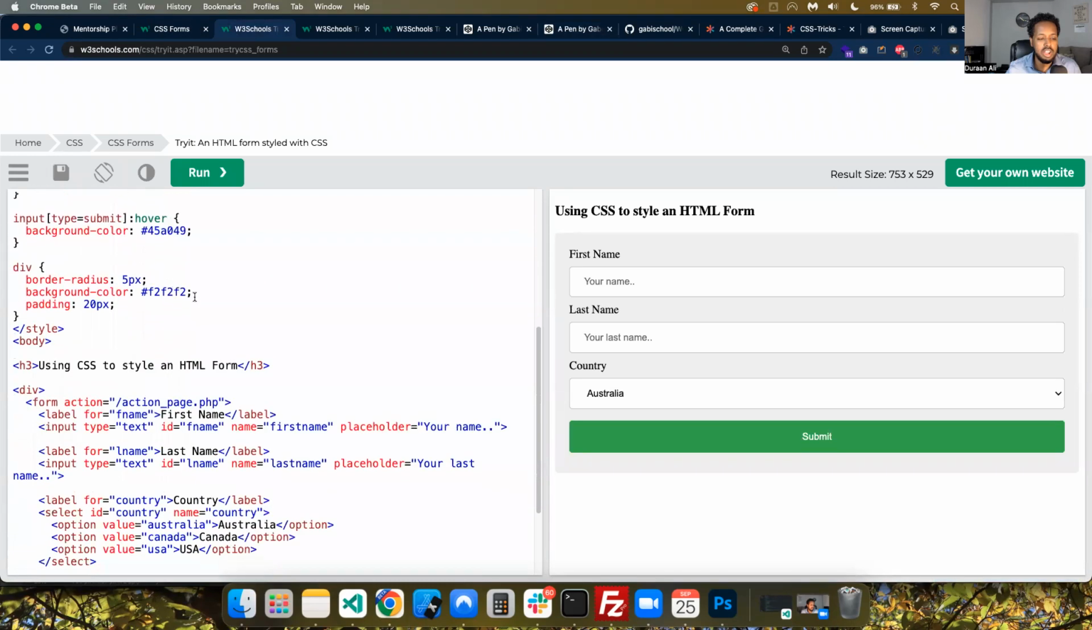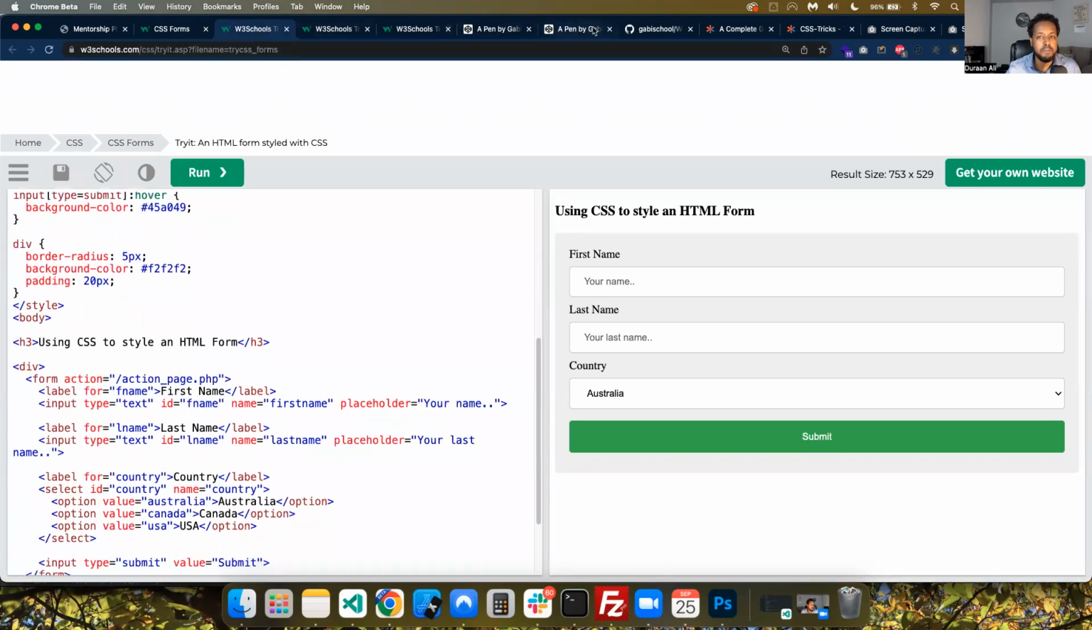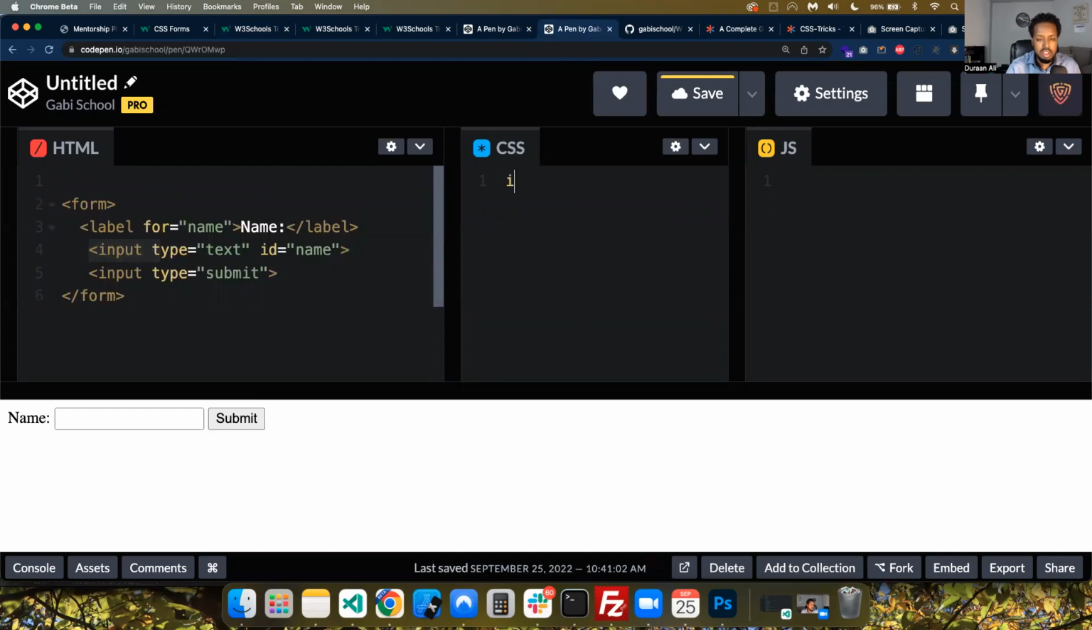The way to select the input is by going here and saying input, and then you define exactly what the input is. If it's a single input, you could just say input and then style this. But if you have multiple inputs, so let's say we have a password here,